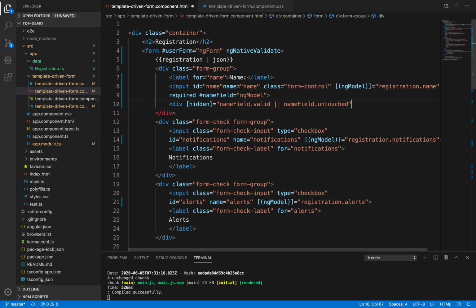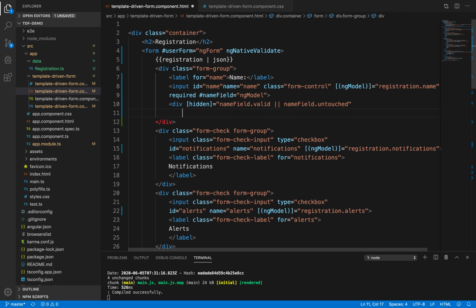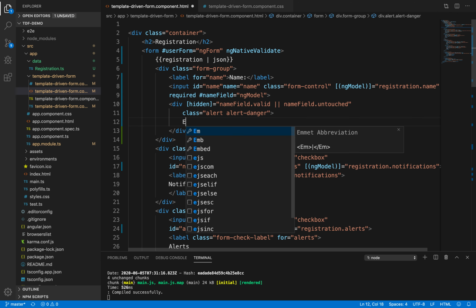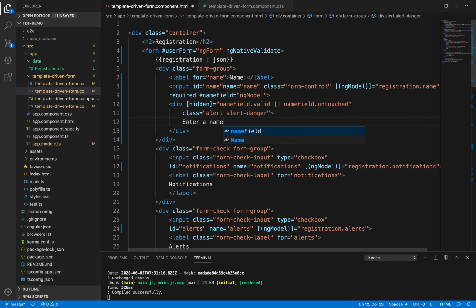On these two conditions, I want to apply class equals alert-danger. And I want to display a message for this. Let's specify the message, for example, enter a name.